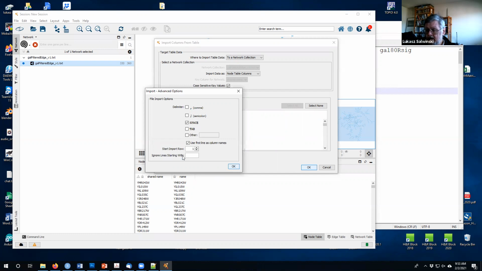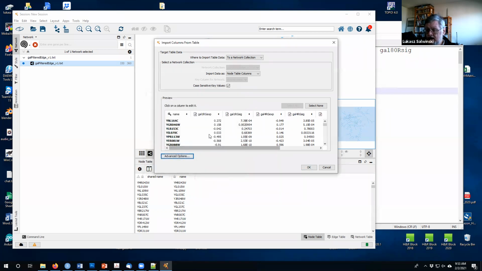So to get this problem fixed, we go back to tab, and we're once more fine. In most cases, Cytoscape is going to figure it out on its own, but sometimes you've got to help it. The way to do it is to go to advanced options and see how columns should be split. Okay, so we've got the file ready to be imported. So now we click on OK,